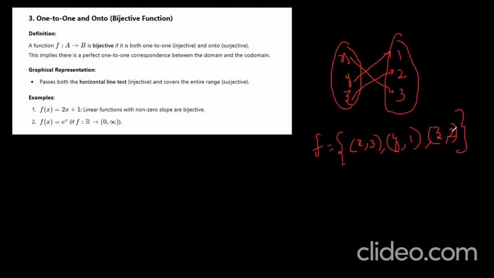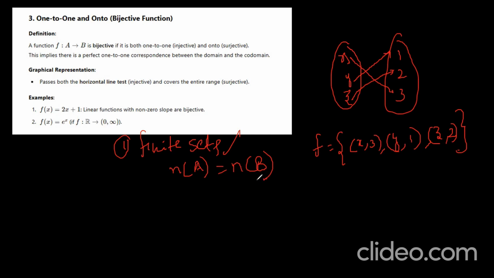A and B are finite sets, no doubt. Yes, A and B are finite sets. That is the first point. And if F maps A into B is a bijection, when it is a bijection, n of A should be equal to n of B. These two are finite sets, so n of A is going to be equal to n of B.